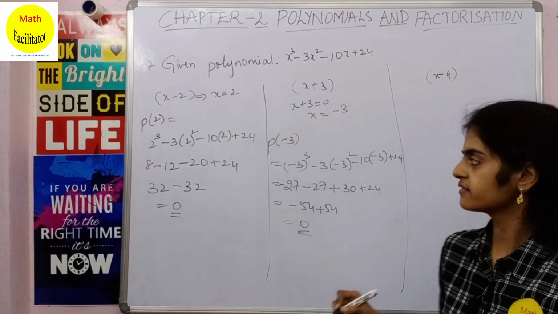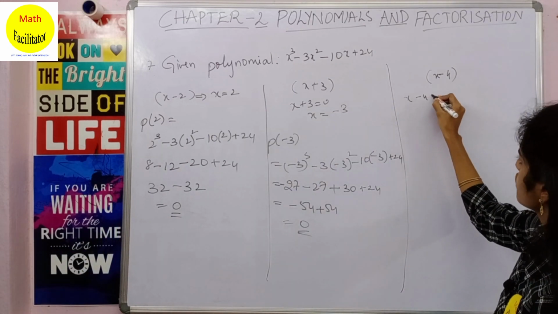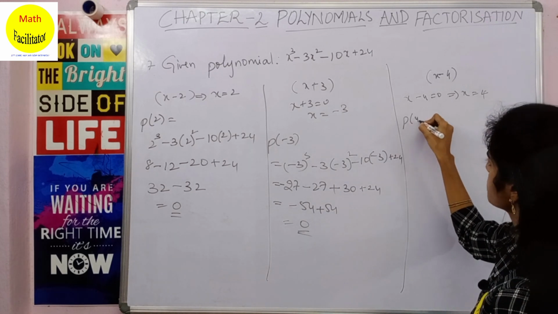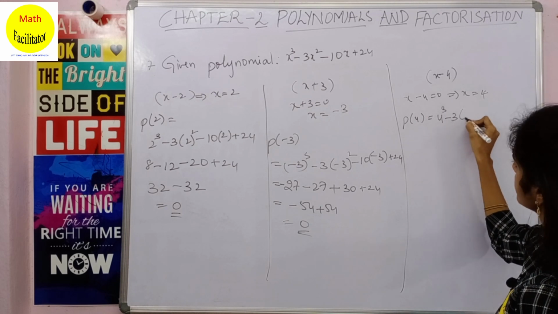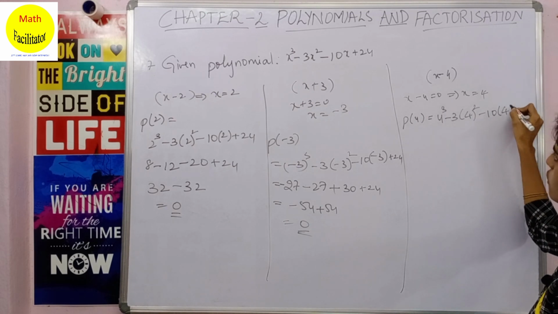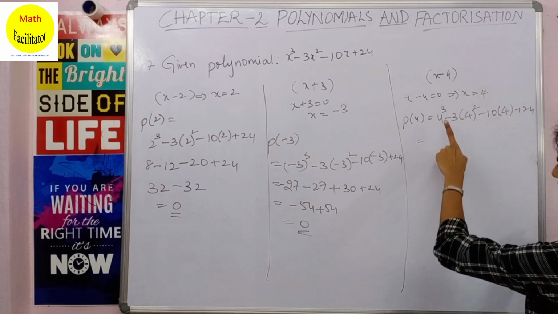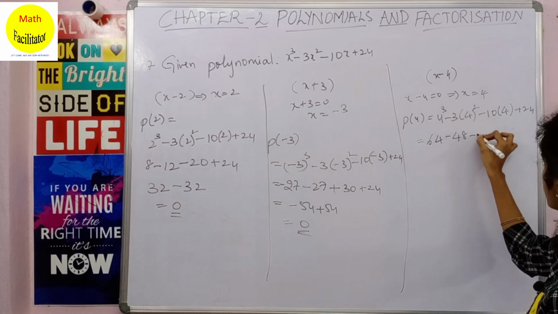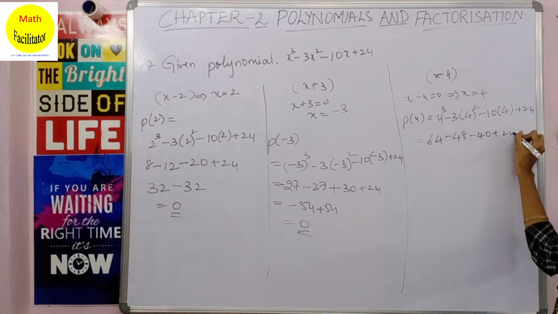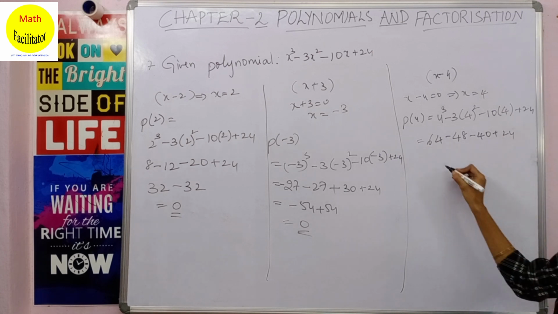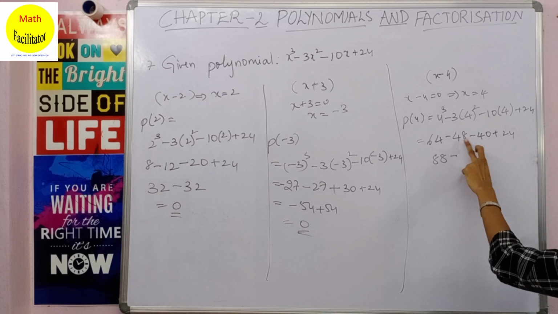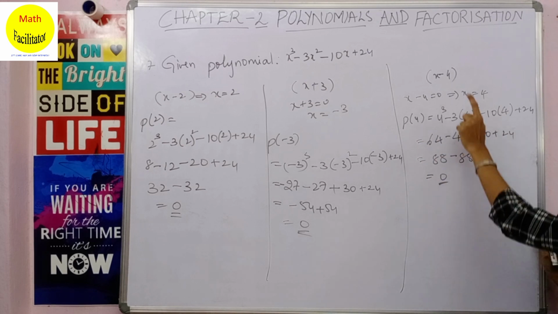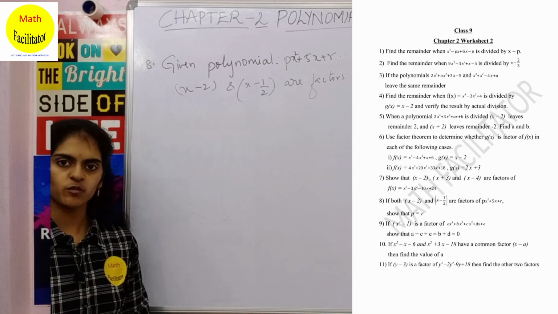Okay, so now the last factor, let us verify. So x minus 4 is 0, which implies x is what? X is 4. Okay, so it is nothing but, now let us find P of 4. So it is 4 cube minus 3 into 4 square minus 10 into 4 plus 24. So 4 cube is nothing but 64 minus 3 into 4 square is 16. So 16 3s are 48 and you have 10 4s are 40 plus 24. Okay, so 64 plus 24 is nothing but 88 and you have minus 48 minus 40 is minus 88. So answer is 0. Okay, so P of 4 is 0, which means this is also a factor of the given polynomial. Now moving on to the next question.